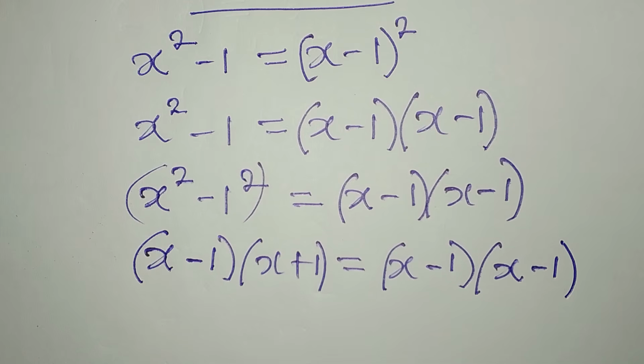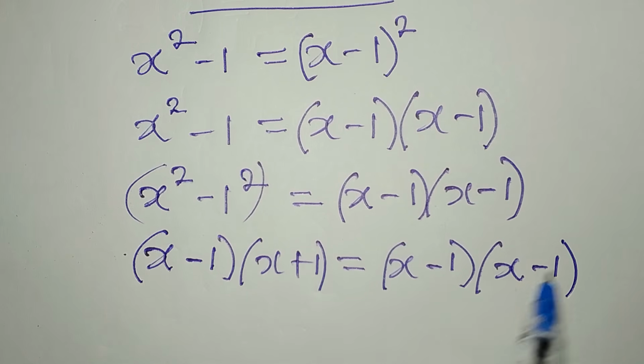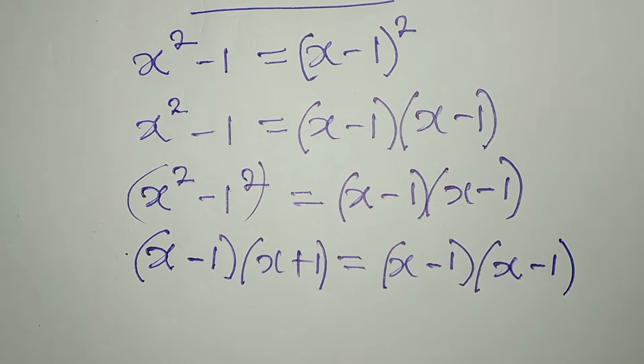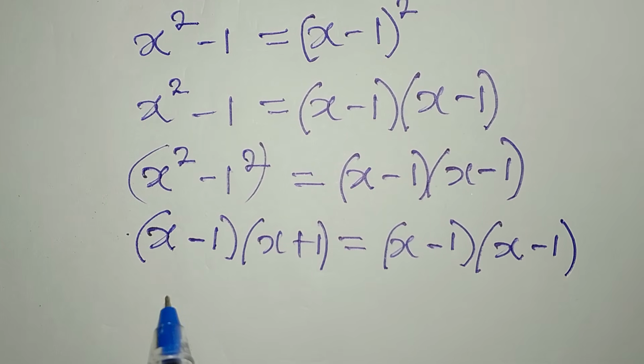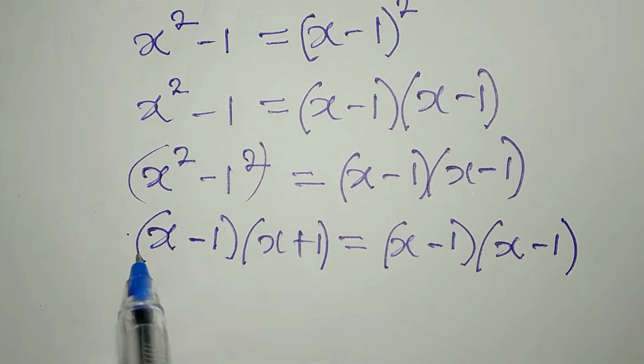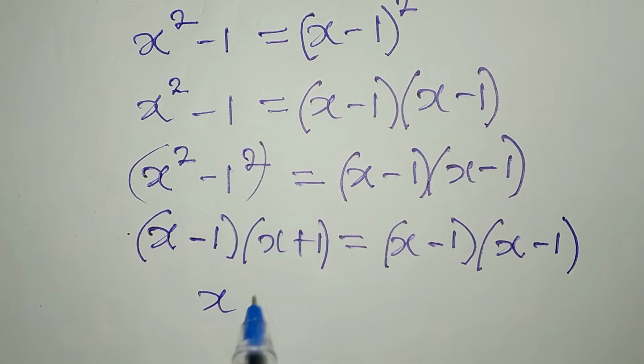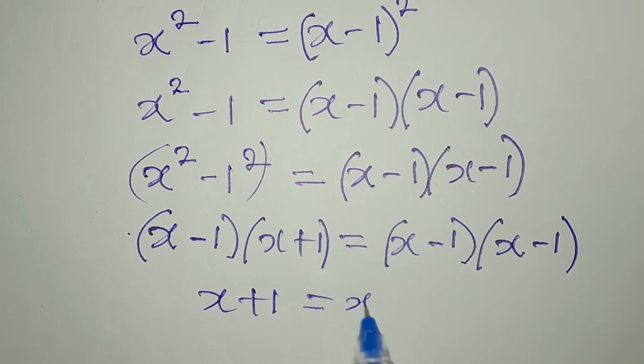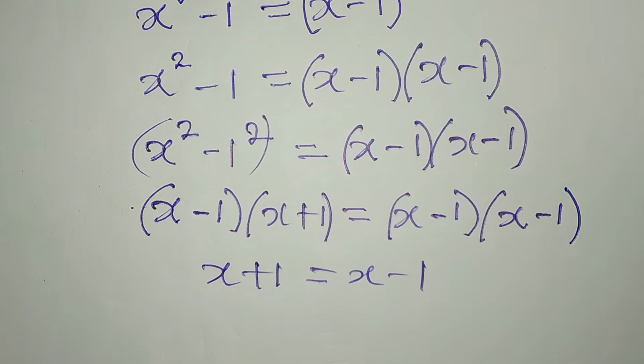Now from here, you might be tempted to cancel out. Okay, and if we do that, this will not give us a solution. Let's say I cancel out x minus 1 from both sides. I'll have x plus 1 equals x minus 1. Okay, so let's bring everything to the same side. Here now we're going to have x